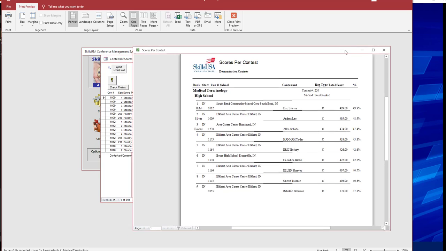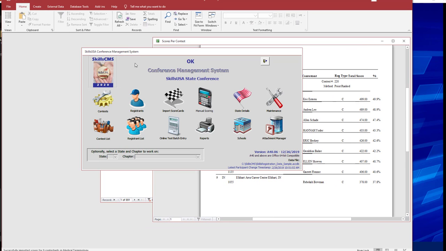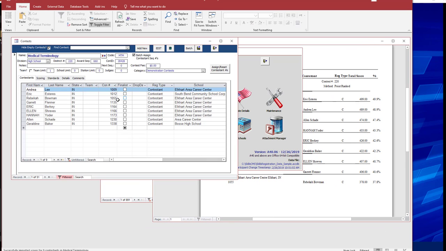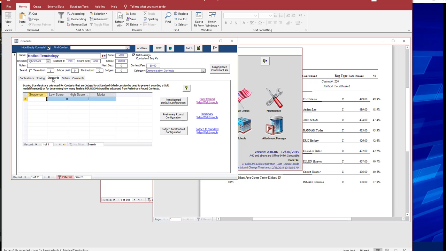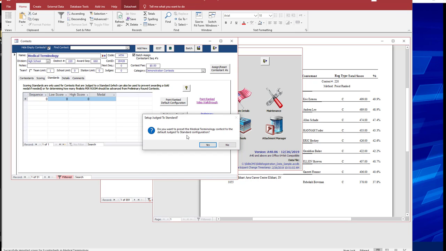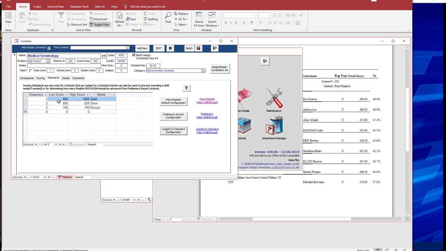So let me scoot this over so I can keep an eye on it and go back and configure that particular contest. So it was medical terminology, and right now it is set to point rank. When I go to the Standards tab and click that Judge to Standard Configuration button, it'll set that up for me so that I have the three ranges that we talked about. So by default, it sets up 900 to 1,000 is gold, 800 to 899 is silver,